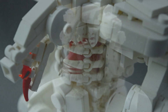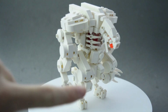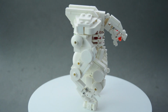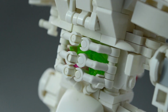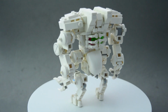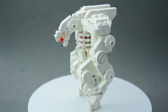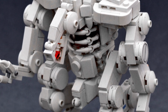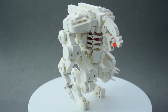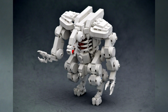And the chest was another area that gave me a little bit of trouble. The rib cage actually came together pretty well, but as you can see on the back there, it does have the transparent green and transparent purple parts in there. But when I was taking the pictures, I actually could not see those transparent pieces inside the rib cage. And I wanted you to be able to see some kind of color in there, so I changed it to red, which looks a lot better in the final picture